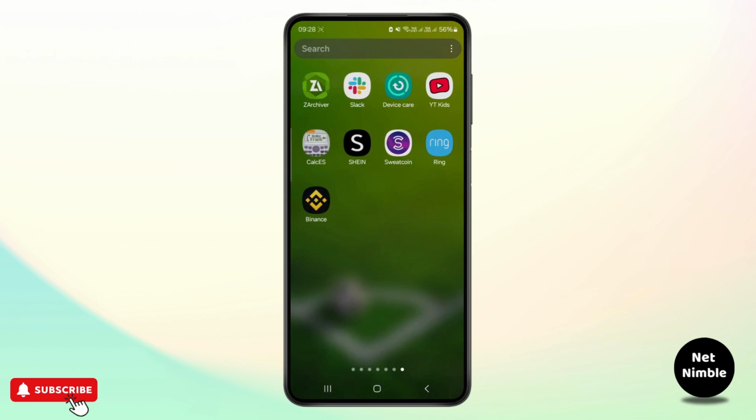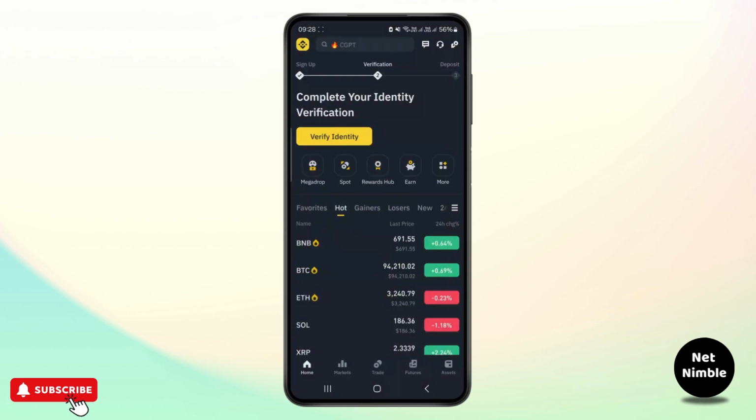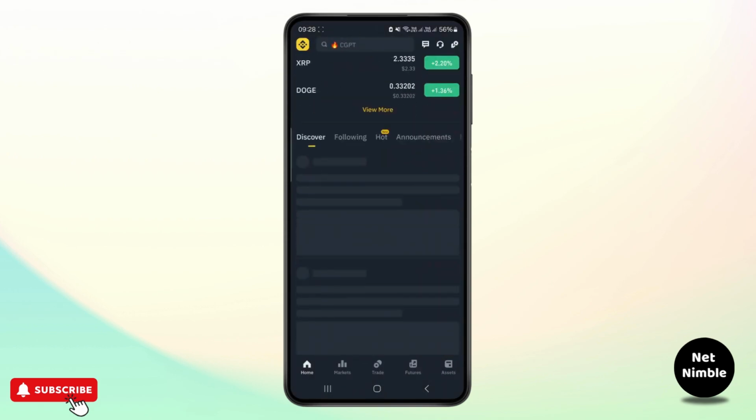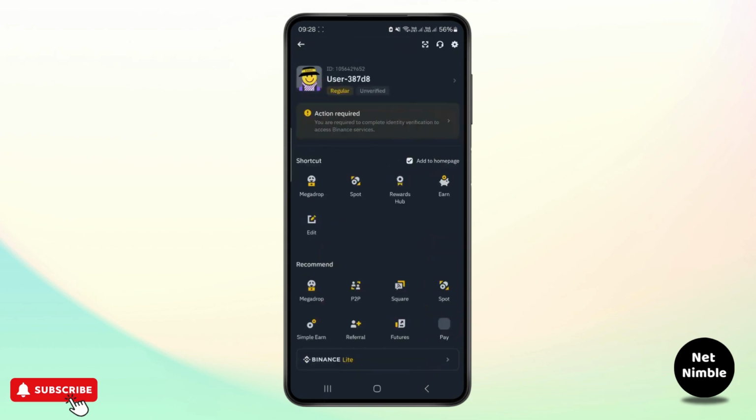In this video I'll be showing you how to enable Face ID on Binance app. So first thing, head over to your Binance application, and once you're inside the Binance application, make sure you verify your identity. And once you verify your identity, simply click on your profile section, and from here you just have to